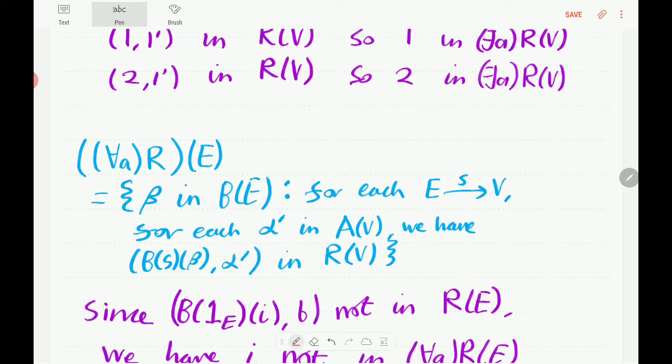Okay, so in other words, what we're saying is that an E figure beta of capital B